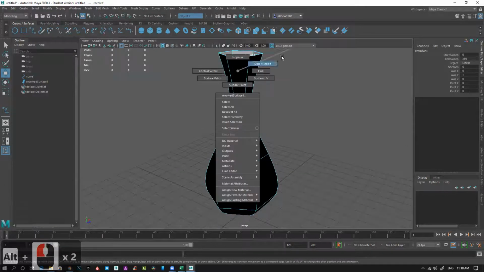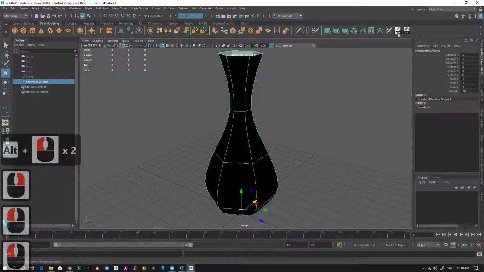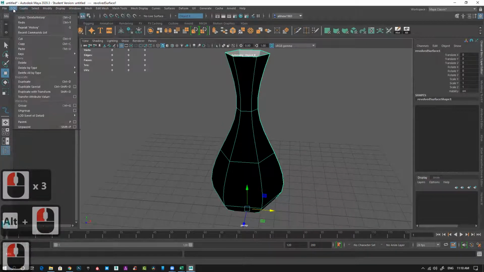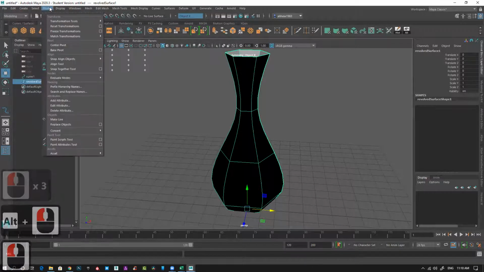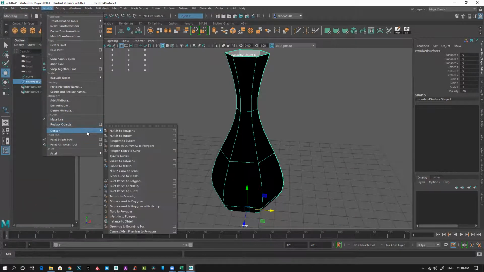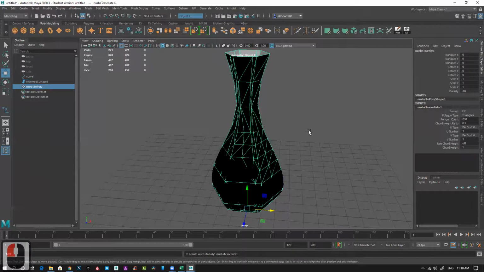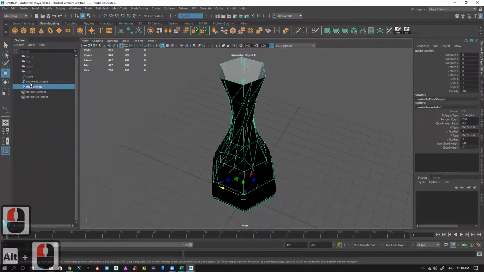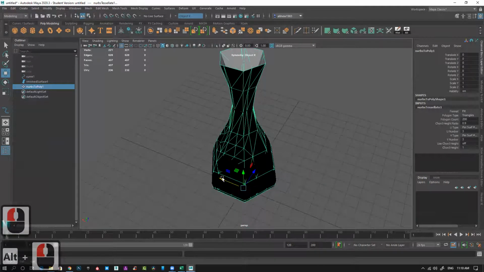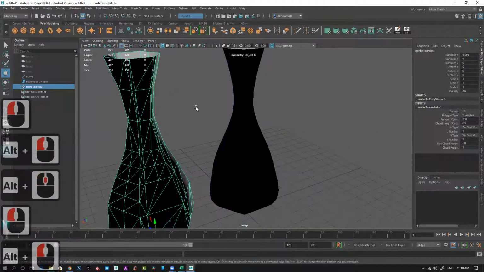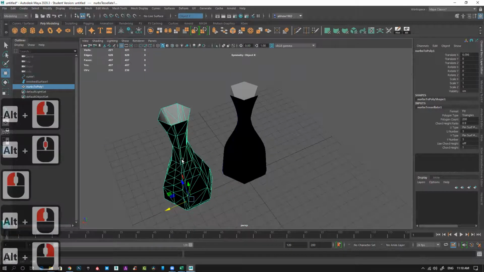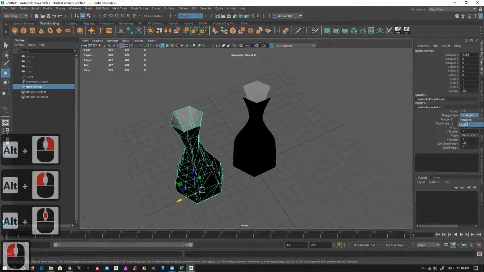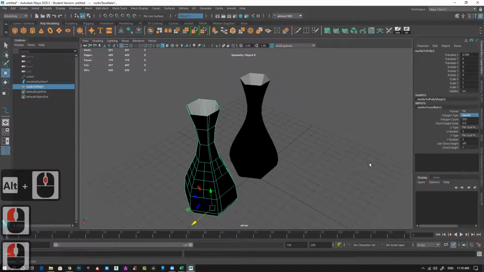So you have to delete history, then go to Edit, Modify, Convert NURBS to Polygon. The moment you click this, it changes into a polygon and basically recreates the model. It's triangulated right now, polygon type triangle. You can click and switch to quad.